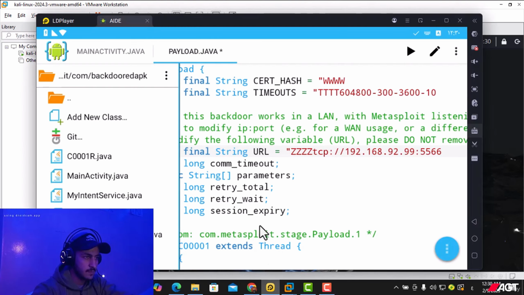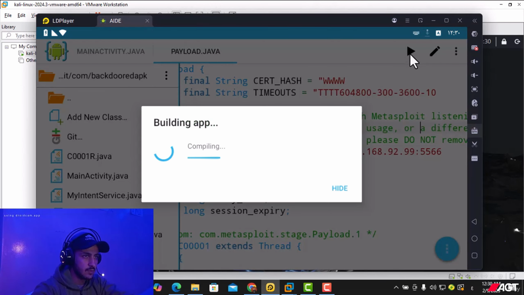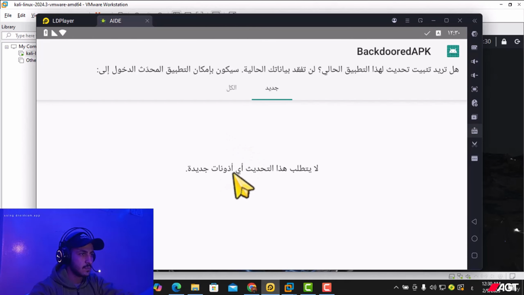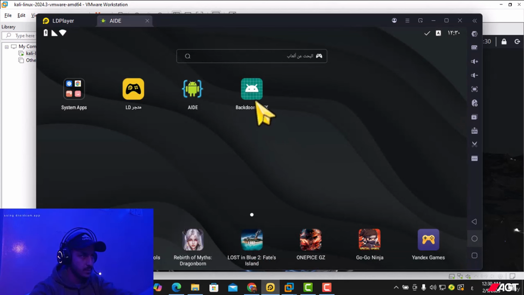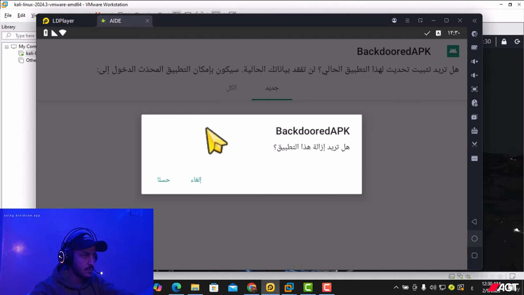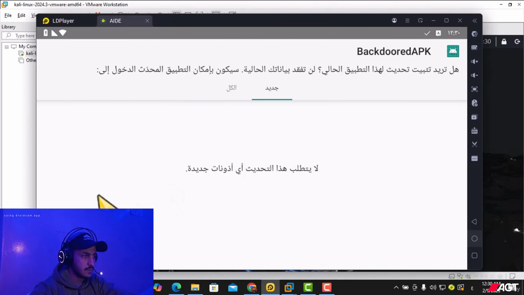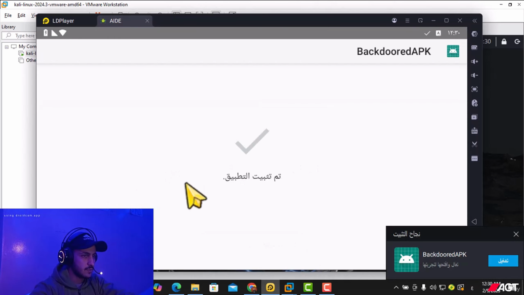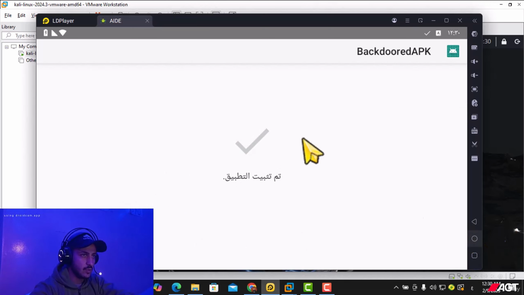Okay, and press save and click to payload. Before we install, we need to uninstall this app and install a new hacking app with the new local host